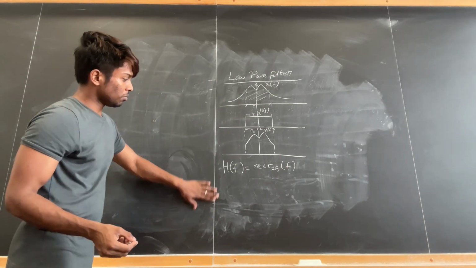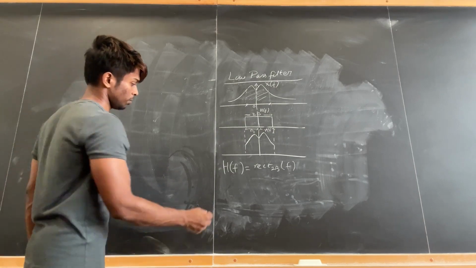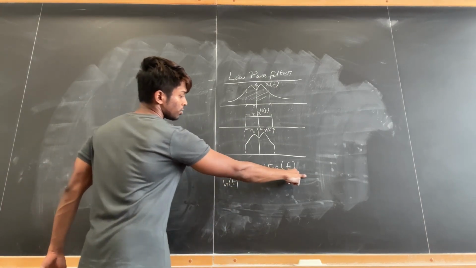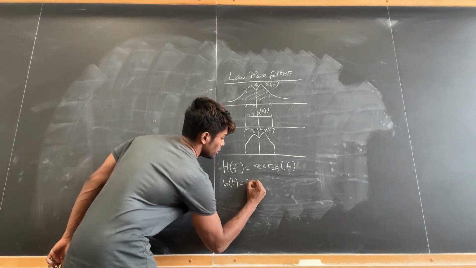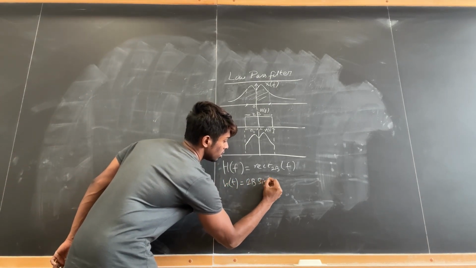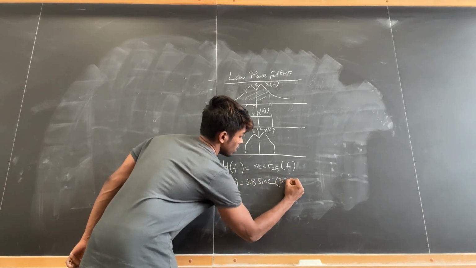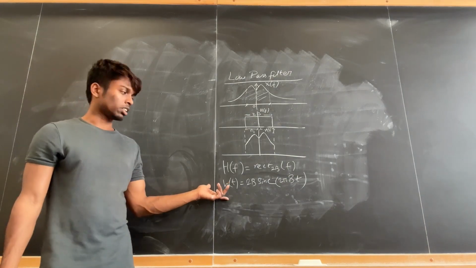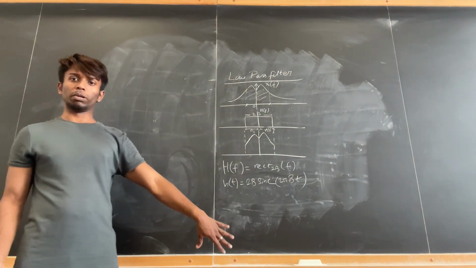If we do an inverse Fourier transform of this H(f), we get the impulse response of the system, that is h(t). Using an inverse Fourier transform, a rect function has an inverse Fourier transform as a sinc function. So it shall be 2B sinc(2πBt). This is the impulse response of the system for a low pass filter. So that is the design of a low pass filter.